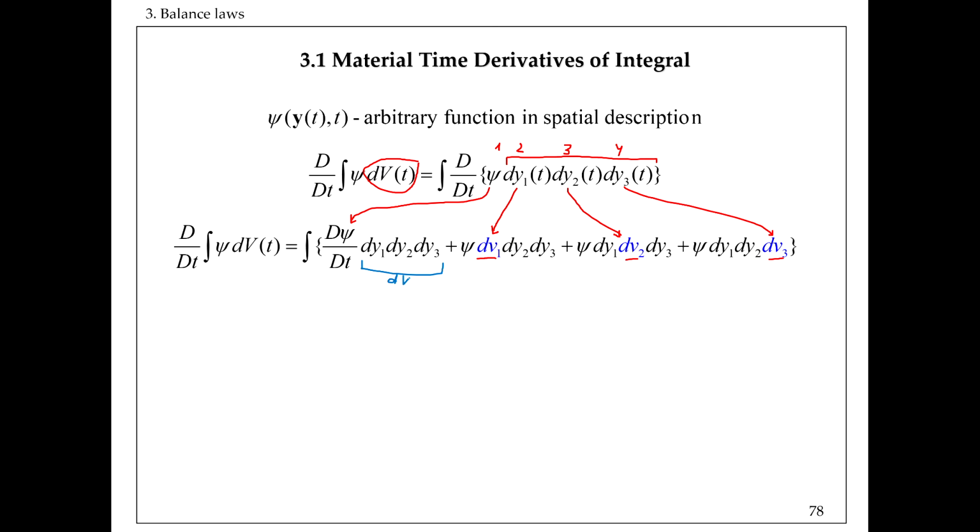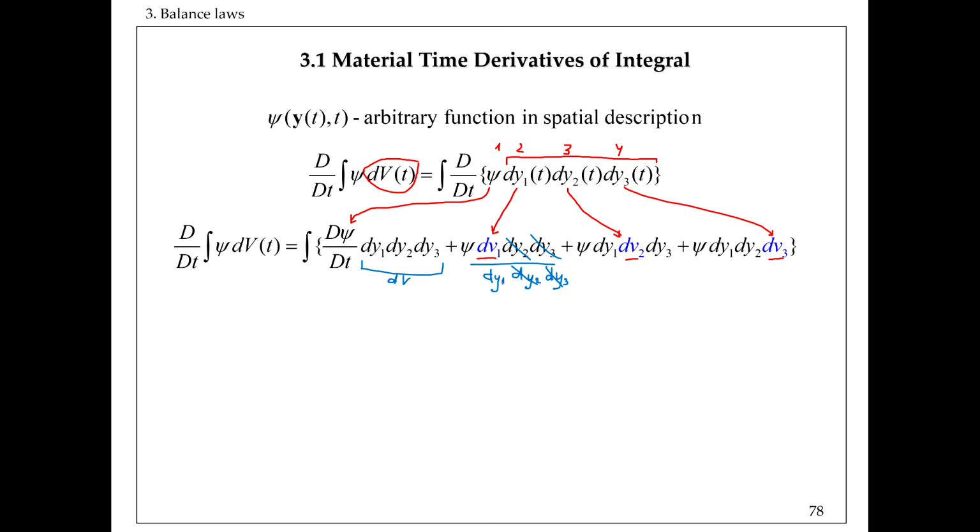So we can divide everything by dv. This is the initial volume element differential dv, and we can now divide all of this by dv and pull it outside. So if I divide by dv, this will be gone. So I will have only the first term, d psi dt, here. Then I will need to divide here by all this combination. So when I divide by dv, meaning that I divide by dy1, dy2, and dy3, and in that way we will eliminate this with this,